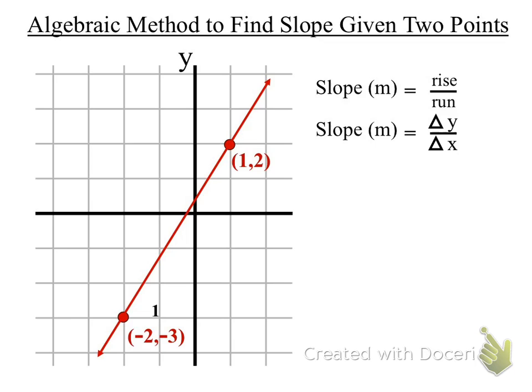Thanks. The formula, the first thing I do is I name my points. I'm going to say point number 1 and point number 2. And they're interchangeable. I could have called 1, 2 point number 1 and negative 2, negative 3 point number 2. It doesn't matter which one you name 1 and 2. And notice, I use these little sub numbers, x sub 1, comma y sub 1. Are you guys seeing this at the lower right hand corner here? X sub 1